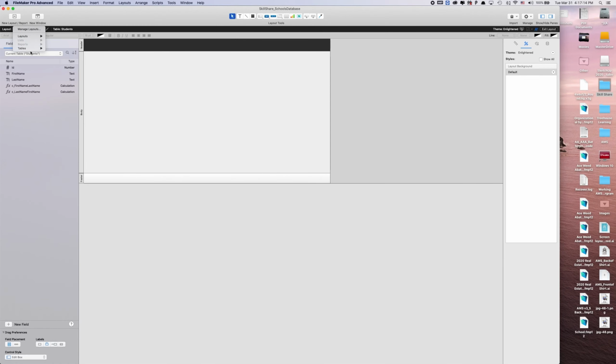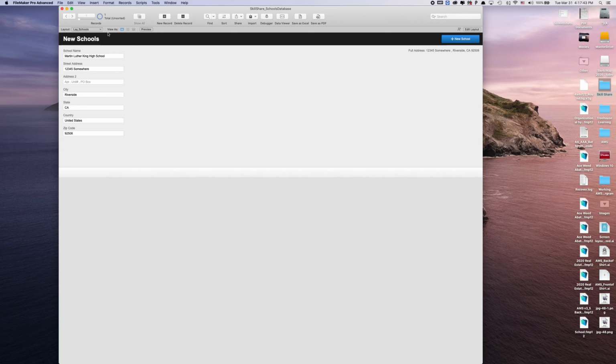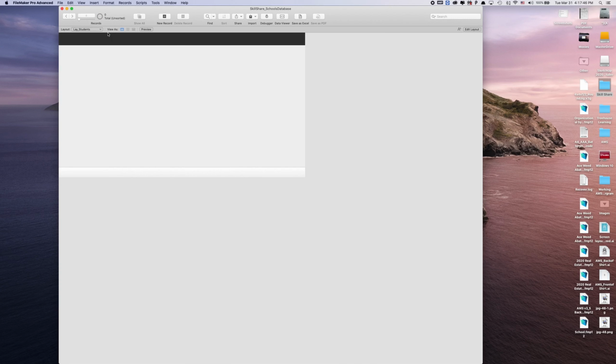So if we go to the table schools, we can see in browse mode that we have data now being displayed like a table view. This layout's not very big for it to display all the way, but there we go. So you can see how if you needed to look at data real quick to figure out why something's not working later on when databases get more complex, it's very nice to just go to a table view just to see all the data all at once and pull what you need. So we're going to go to lay students. And then we're going to add